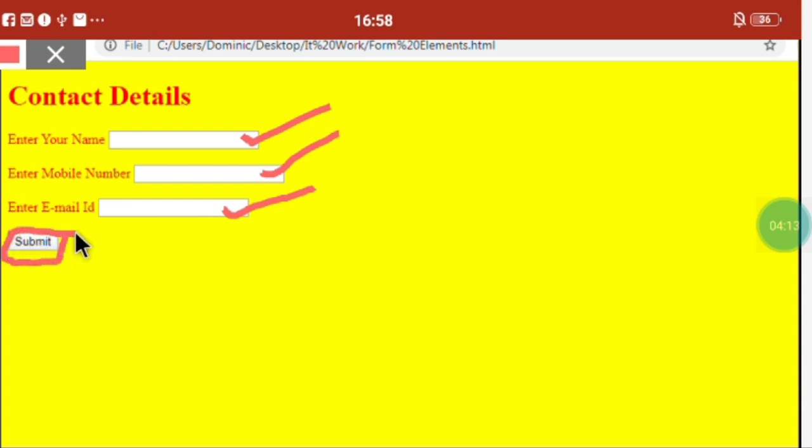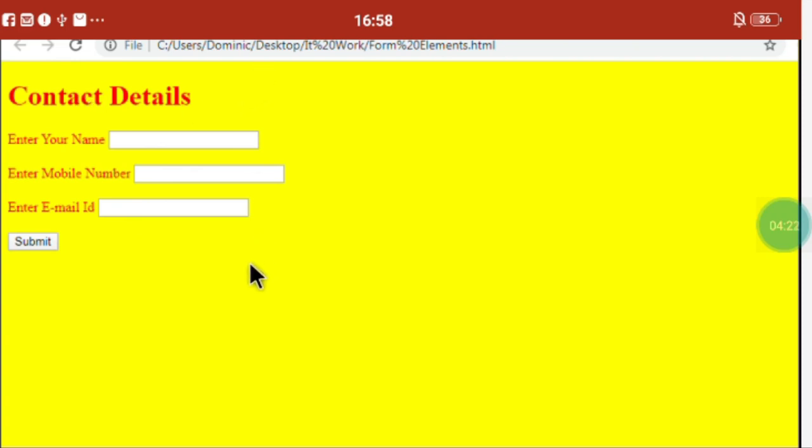Once you click on this submit button, the data will be submitted to the server, and you can use this data in the future. Whenever you want, you can retrieve this data. That purpose is why we are creating the form in HTML5.